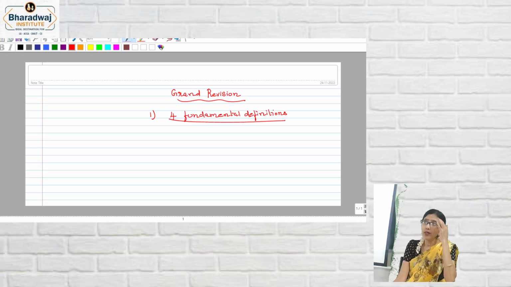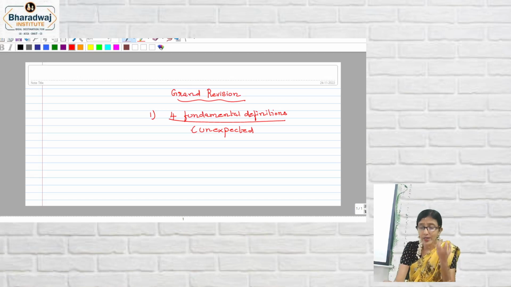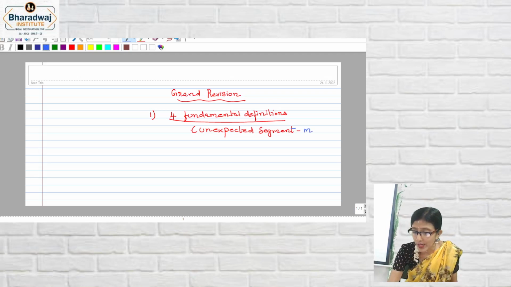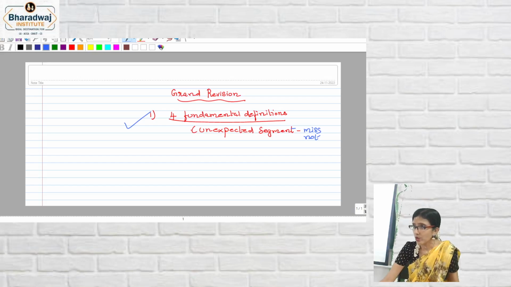That is one segment which you may not expect. It is unexpected because they start right away from business economics itself. Remember, business economics itself is premised upon general economics concepts and fundamentals. So it is an unexpected segment, but you have to note it as miss not. When you go for the examination or before the examination, this is one miss not which you have to note. Very important, kindly make a note of it. I'm very happy that you were able to recollect the names of the economists.